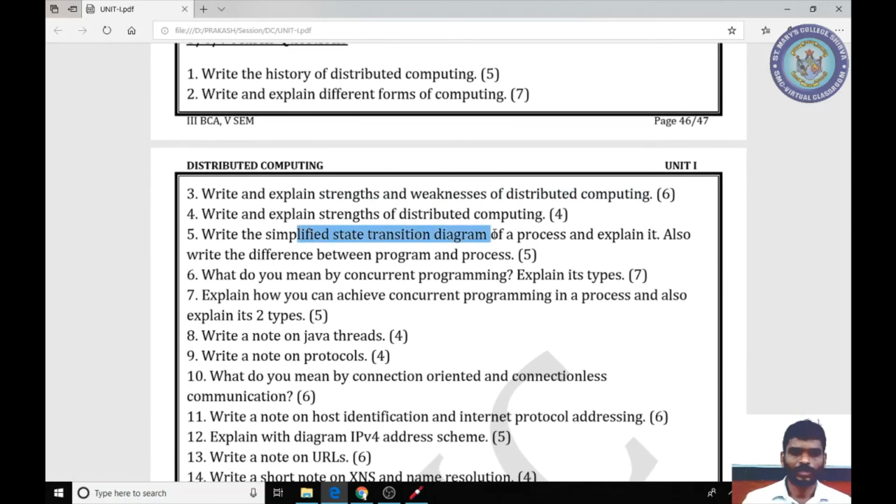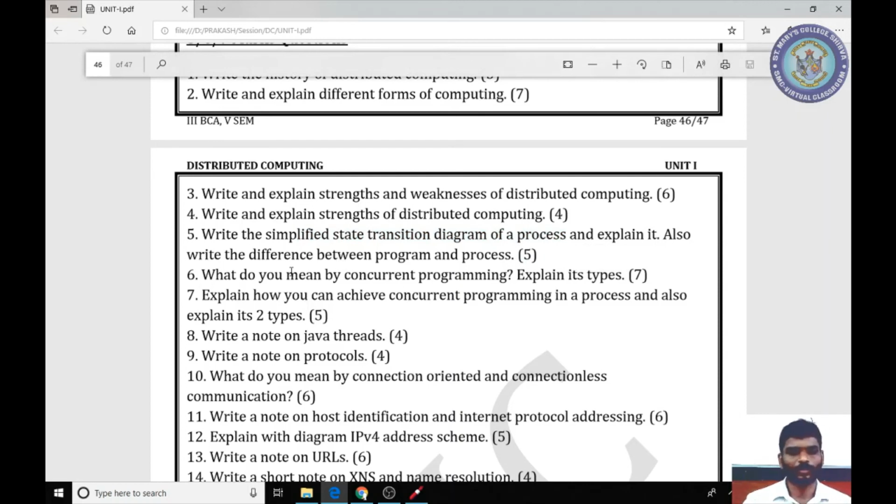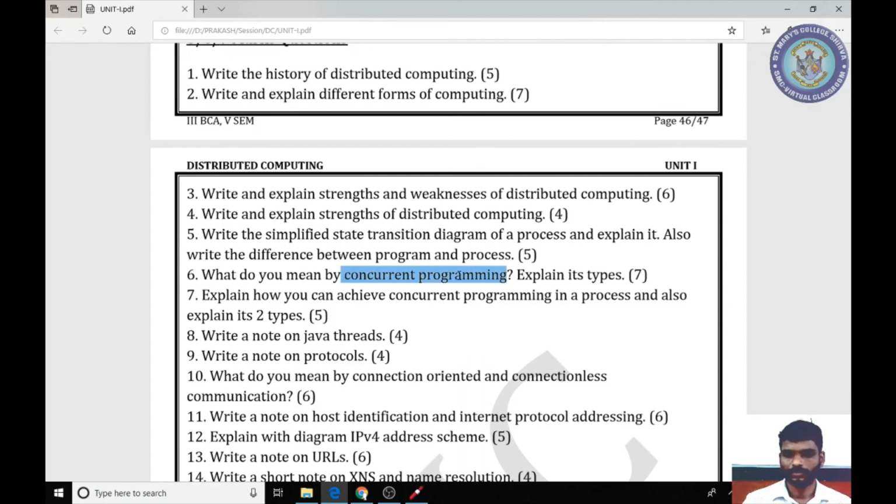Then the process state diagram, 5 states: start, that is new, ready, blocked, running, and then terminated as another one. Then concurrent programming, which can be achieved in 3 types: concurrent processes executing in a single computer, concurrent processes executing on multiple computers, and concurrent programming within a process.